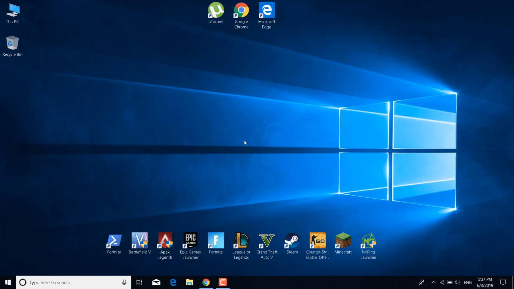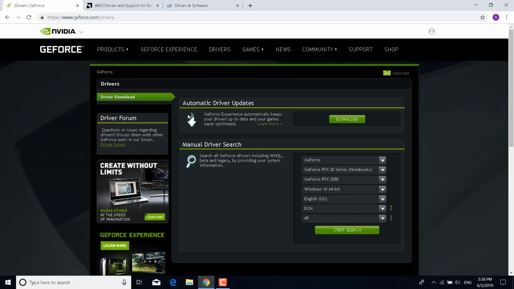And if that didn't work, then you can also try updating your drivers, and you can do that by clicking on the link in the description. So if you have an NVIDIA graphics card, click on the NVIDIA link and click on automatic driver updates, click on download, and this will download the GeForce Experience app, which is pretty useful, and it basically automatically downloads and